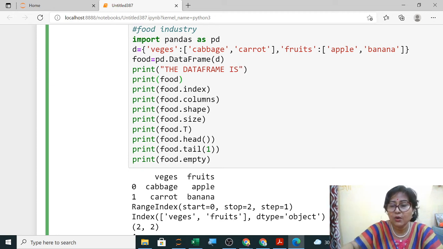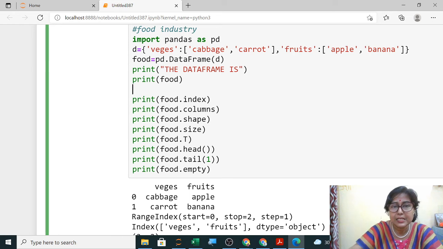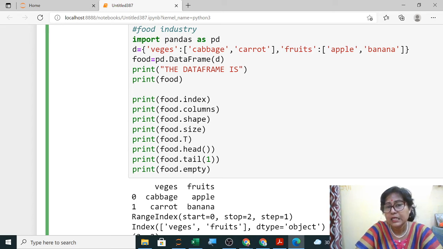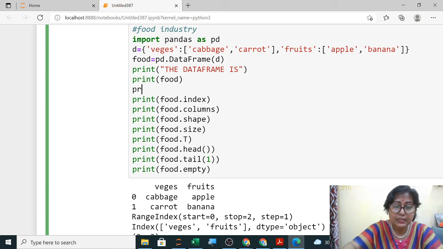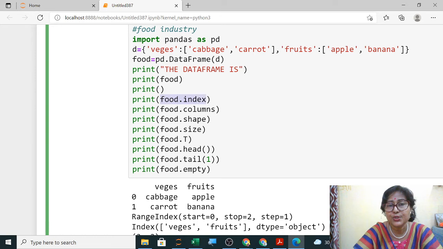So when it shows the output, the index is like this, the columns are, the shape is, the size is, the transpose of the data frame food is, the head means first 5 records are. Like this you can write the print statement in your project, so that there is no confusion. Like just now what I am doing, I am simply copying what output it is showing, and in double quotes I am writing it.